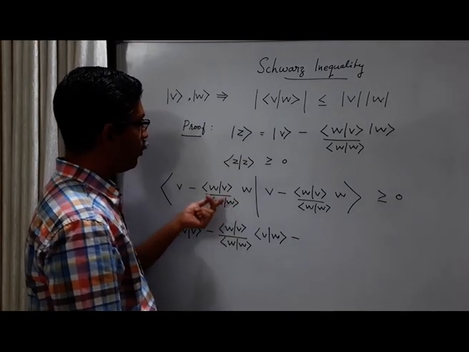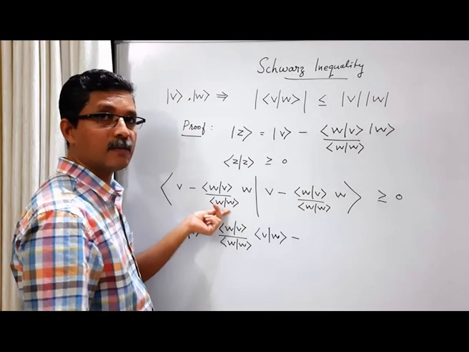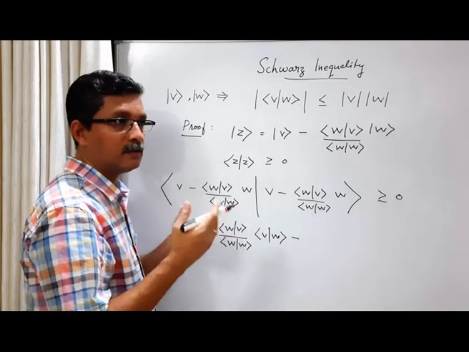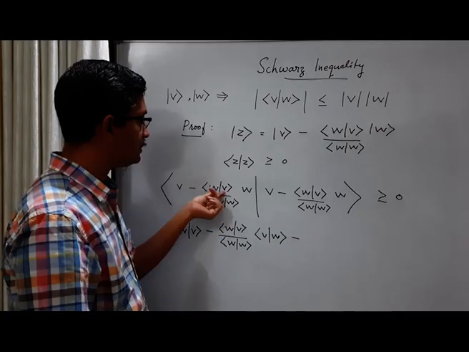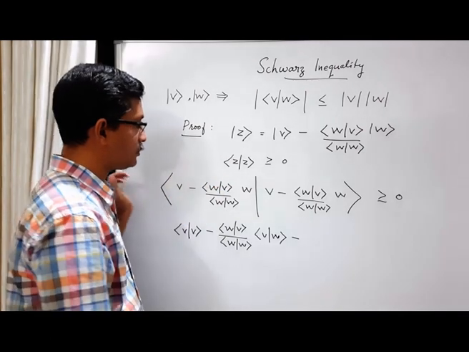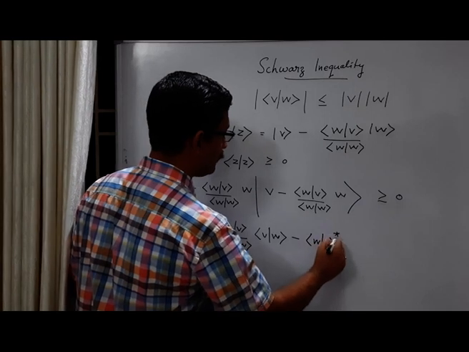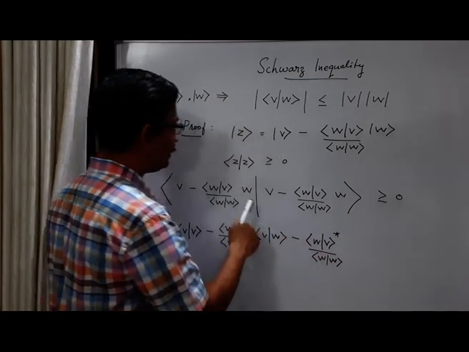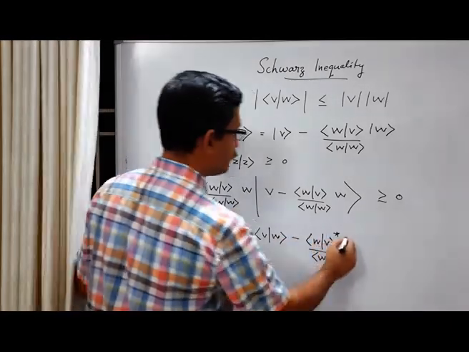Actually, we have to take the complex conjugate of only this numerator part, because the denominator is the inner product of W with itself, which is real. We know that the inner product of a vector with itself is always real. So this is real, only this is complex. So when you take it outside, this will become its complex conjugate. So we have W V star by WW. Then take the inner product between W and V. So this is bra vector W and ket vector V.